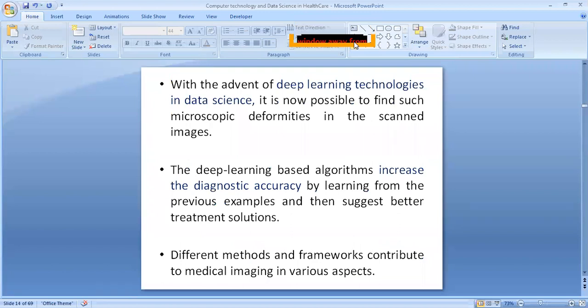And with the advent of deep learning technologies applied to data science, we are landing up with utmost 100% accuracy. There are, of course, some chances of misdiagnosis, but most promisingly, they are providing a very good solution, and they suggest better treatment solutions because the accuracy expected from them is higher. They have the previously recorded patient records as a reference, they apply various algorithms and they learn how to predict. In that way, they are contributing to better healthcare.